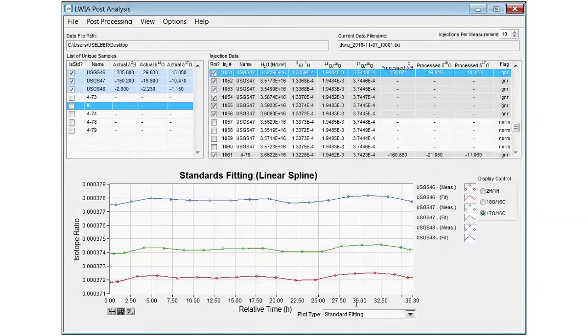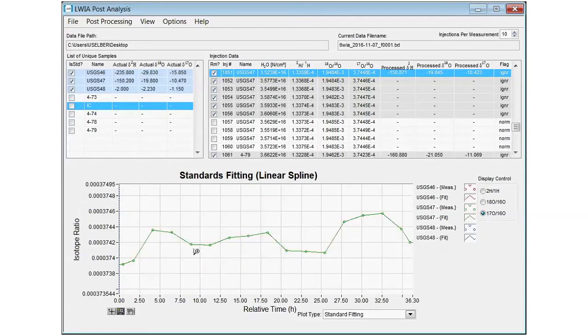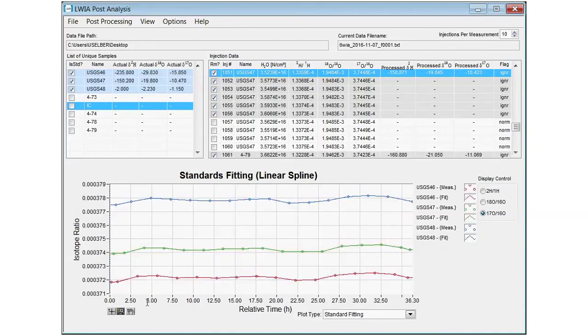And if we look at that graph, you can see what we have done. I'm going to zoom in here on the USGS 47. What we've now done is we've fit a line in between each measurement of the standards. So this lets us utilize the information that we have on how the standards are changing. So for each standard, I've zoomed in on 47 here, but for each standard we have fit a line through